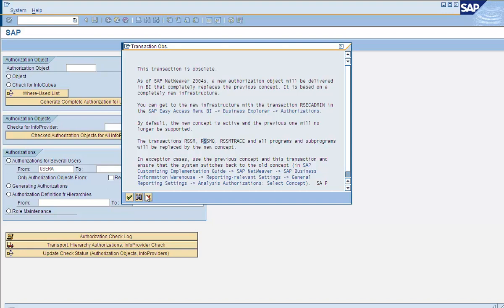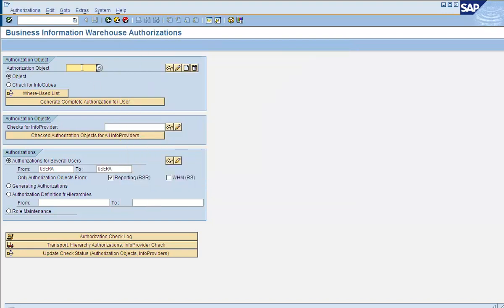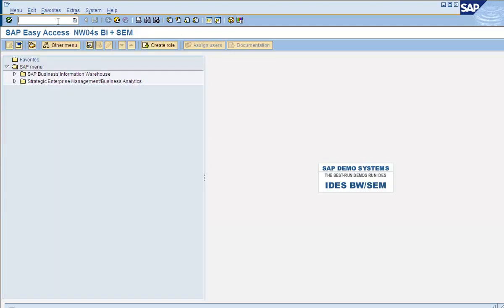So you cannot use the same concept of building a custom reporting object to build the field level security in BI. SAP has replaced the reporting object concept, the RSSM transaction code, with RSecAdmin.